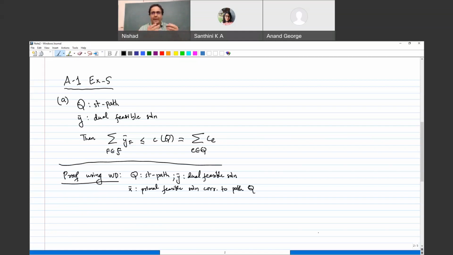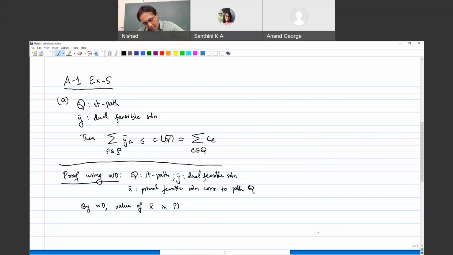So every ST path corresponds to a feasible solution of the primal. In particular, it is a feasible solution for the IP, but then of course it is also feasible for the LP, because you have just thrown away some constraints, the integrality constraints. Okay, so by weak duality, we know that the value of X bar